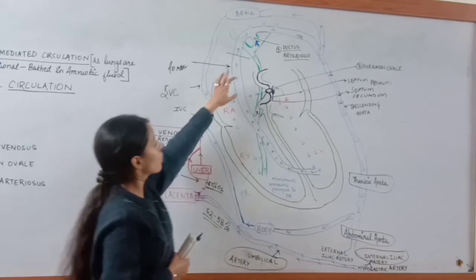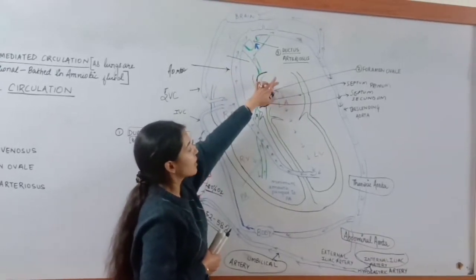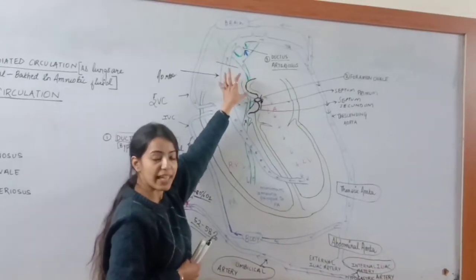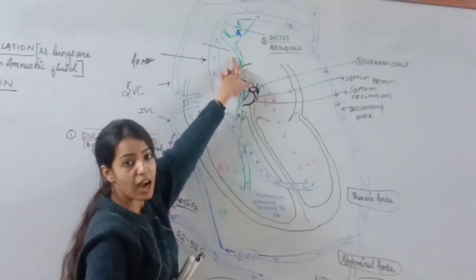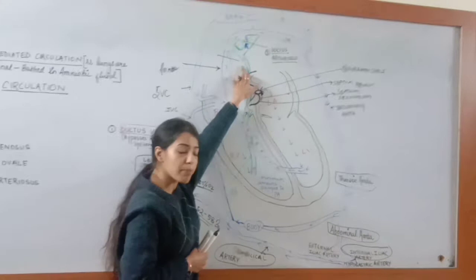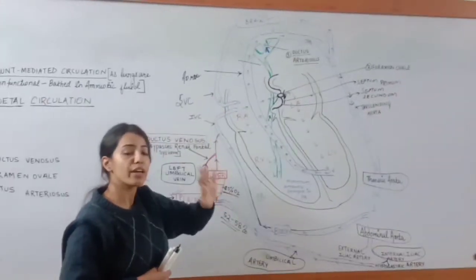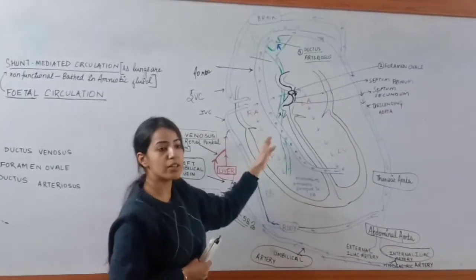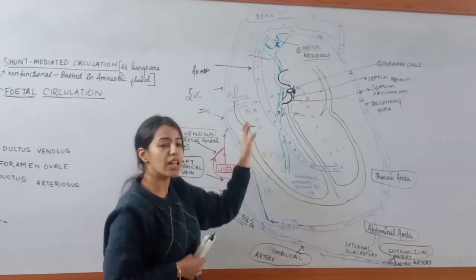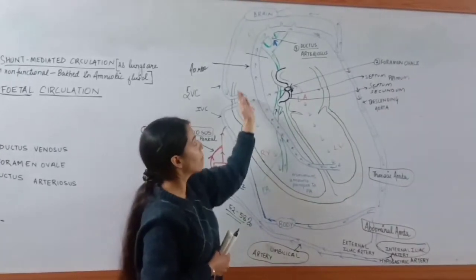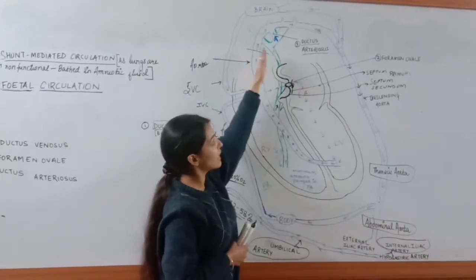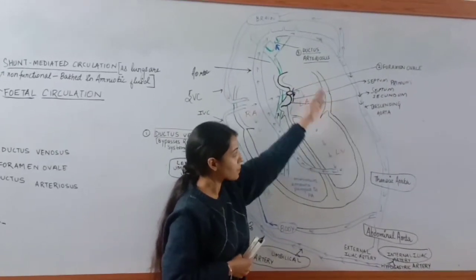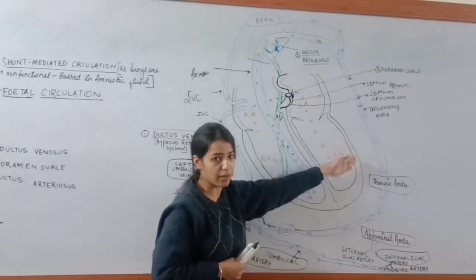Okay, so what is this? This is ductus arteriosus. It is a connection between the dorsal aorta and the pulmonary artery. And this is very much important because the lungs are not functional. Hence, we do not want to send the blood to the lungs. Most of it will be pumped into the aorta through the ductus arteriosus, and finally it is going to come inside the descending aorta, right?